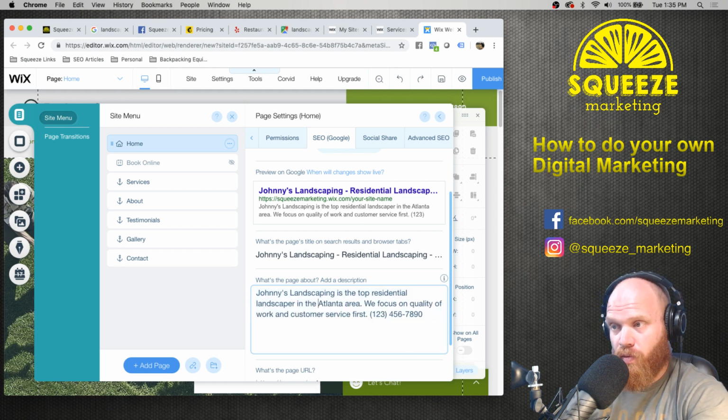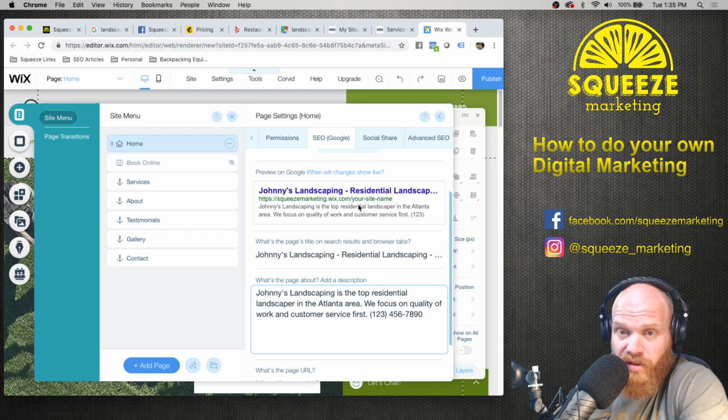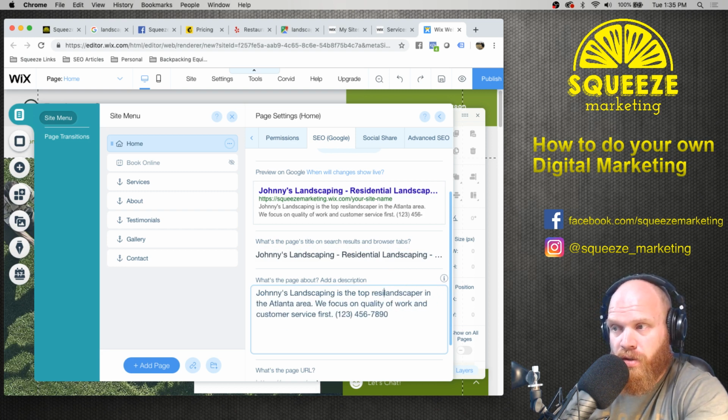Because something you want a searcher to be able to do is just look at the search engine results page and contact you immediately, without even having to click through to your website. If they're that hurried to make contact, you want to give them the option. So we're going to shorten some sections of this and get that phone number visible.